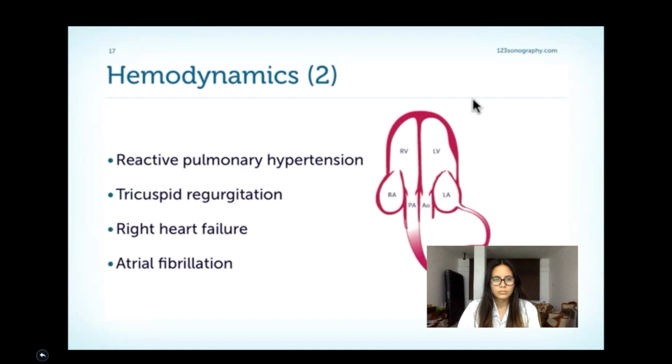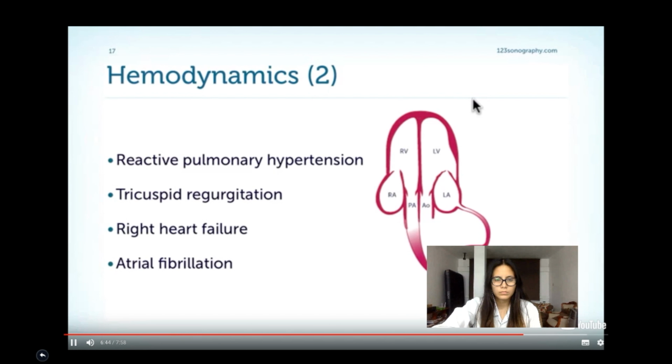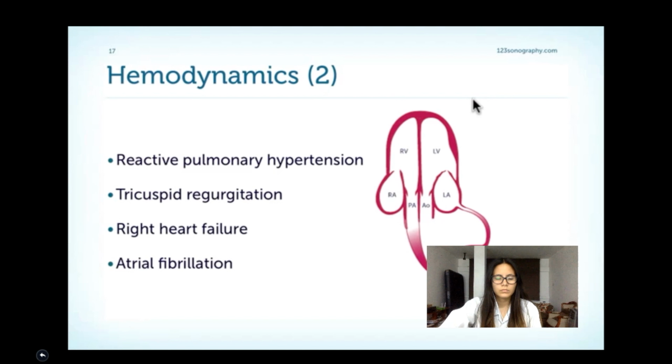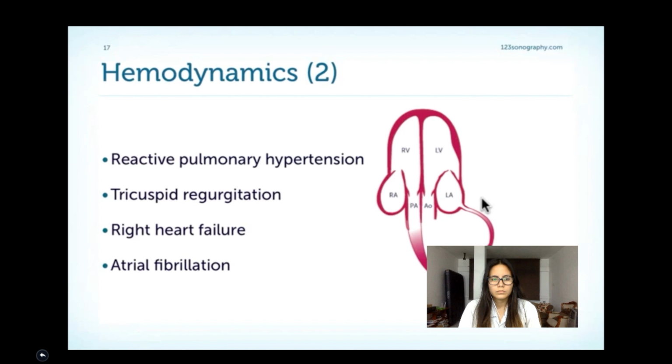What we also see is a reactive pulmonary component to pulmonary hypertension. For example, if you operate on these patients for mitral stenosis, you will not infrequently still have residual pulmonary hypertension. The problems of the right heart that we see include tricuspid regurgitation and eventually even right heart failure. Because patients with mitral stenosis, as you will see, often have large atria, and because the pressure in the left atrium is usually increased, we not infrequently also see atrial fibrillation.